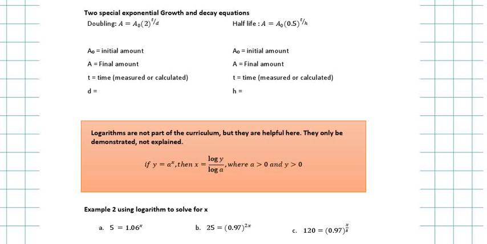every single time. So, as per the previous equation, I have A0, I have my base, and I have my exponent, right? A is still your final amount, and A0 is your initial amount. Now, if you have doubling, your base is going to be 2, because you're doubling. If you have half-life, your base is going to be 0.5. It's half. Your exponent is going to be t divided by some